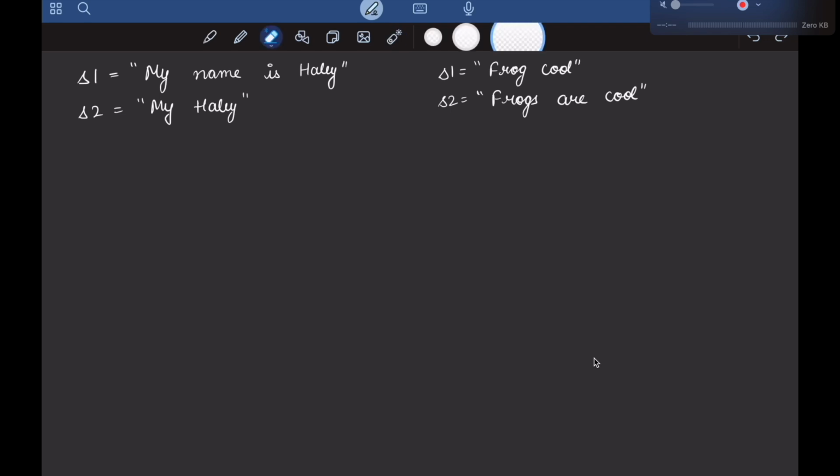So now how are we going to approach this problem? Here, if I start from the beginning, I see that my and my is similar. So when we check for my and my, we can mark them with something. Let's suppose I remove them from the sentences. So now my remaining sentences are "name is Haley" and "Haley". Now in this, Haley and Haley is similar, right? So once I started from the beginning and compared the words till the words were same, I removed them, and as soon as I encountered two words which were not same, or when one of my sentences got completed, at that time I will stop.